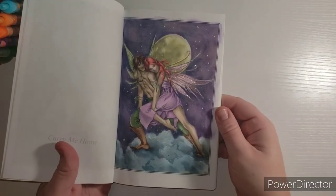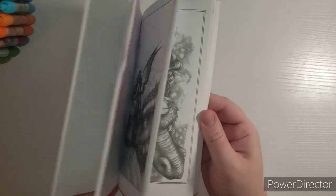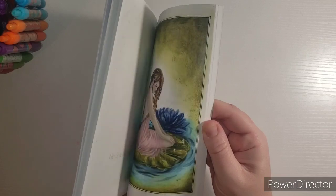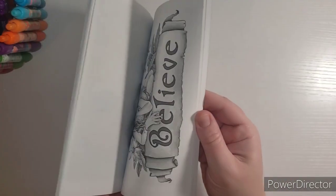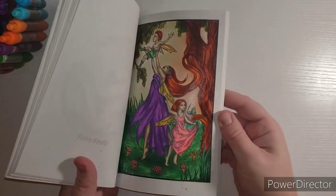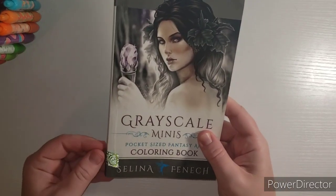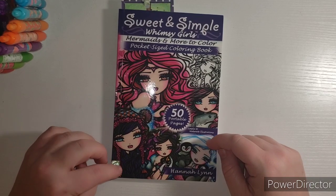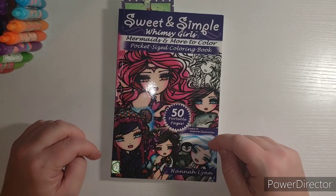I've colored that one. Colored that one. Colored that one. Colored that one. I actually have a really fun time coloring these mini pages. And that one doesn't want to stay on. Maybe I'll have to replace it. It's probably because it's kind of like a matte cover. Doesn't want to stick. So this next one is the Sweet and Simple Whimsy Girls, Mermaids, and Watercolor Pocket Size